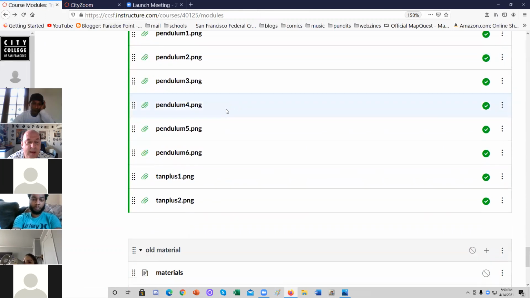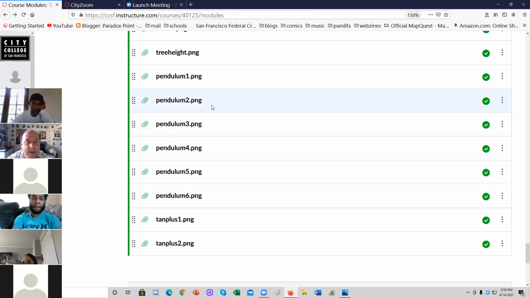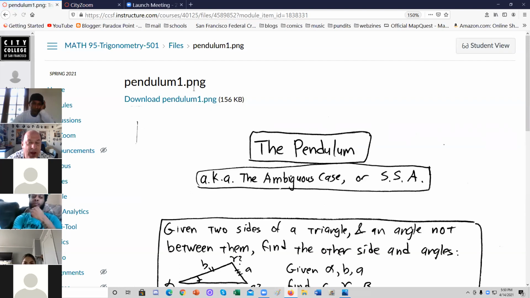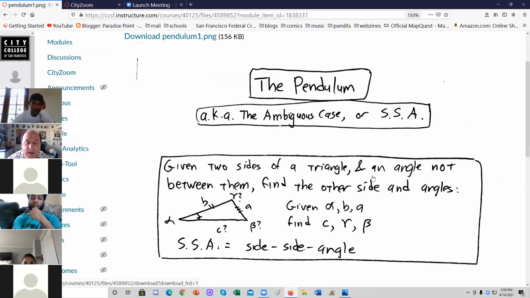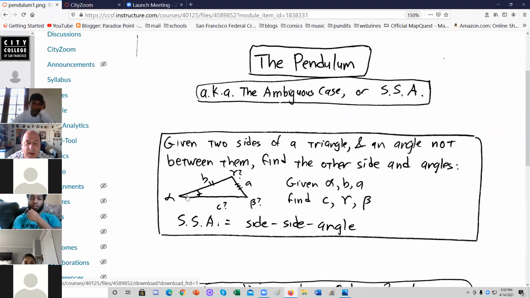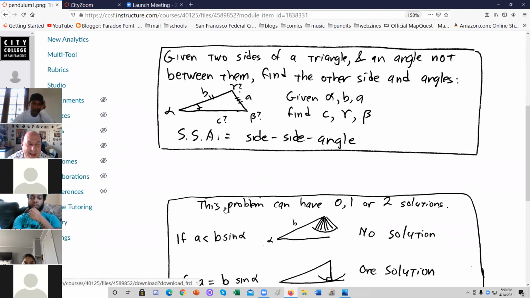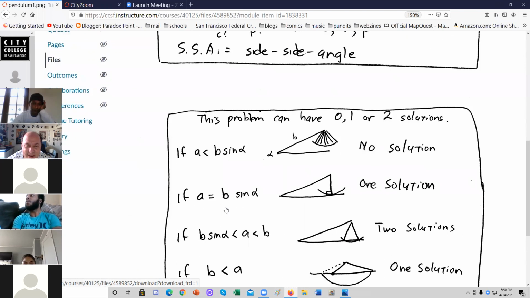After that, yes, these 6 pages are all for the same problem set. The pendulum, also known as the side-side angle. Given an angle, a side, and a side, what are the other two angles? What's the third side? I call it side-side angle, though of course angle side-side is also a name, but not used for obvious